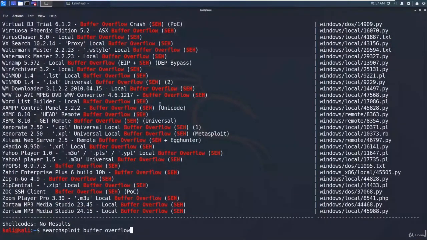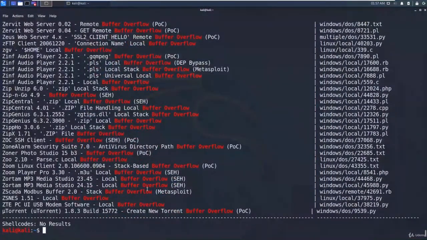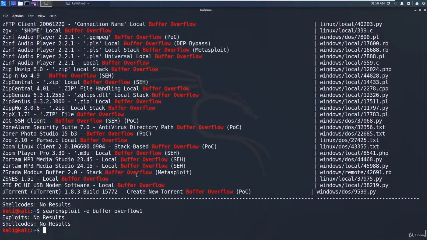Now what I want is the exact value of buffer overflow. So it has given this buffer overflow. Now let me say buffer overflow 1. So it's exactly getting the results of buffer overflow 1.